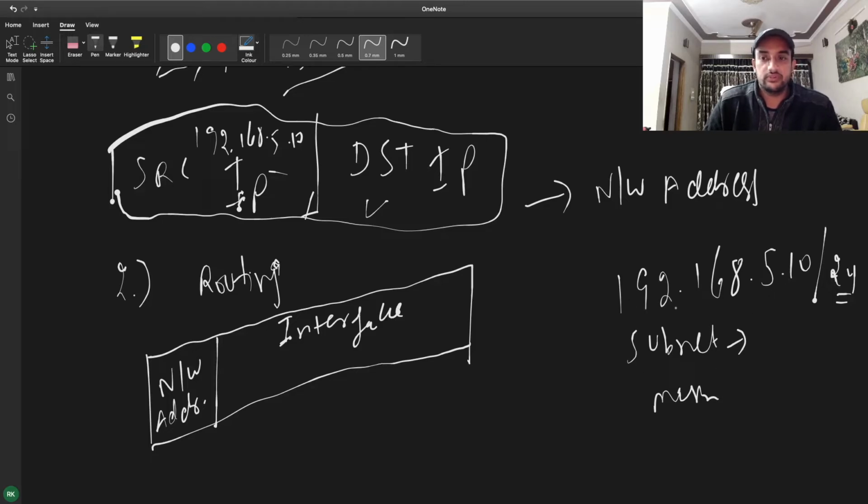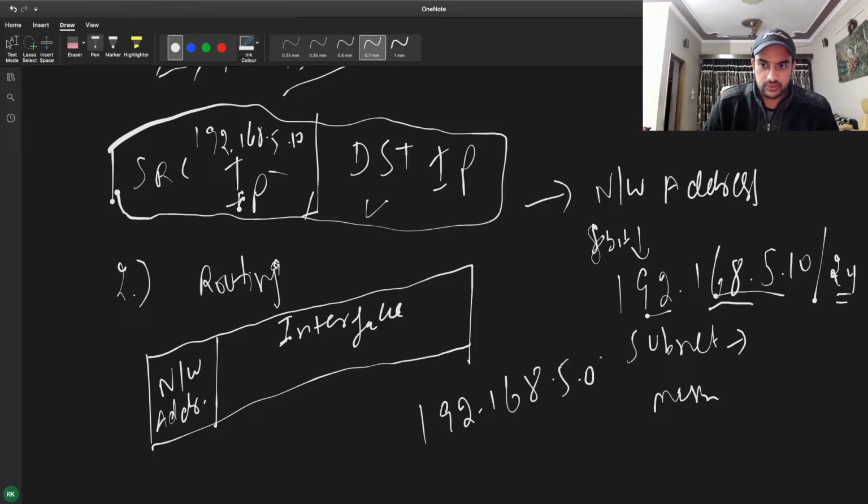Each part before a dot is 8 bits, because from 0 to 255 we can reach with 8 bits, so 24 means we are masking till here. So we have the network address 192.168.5.0, and we can mask like this. This will be our entry in the network address.